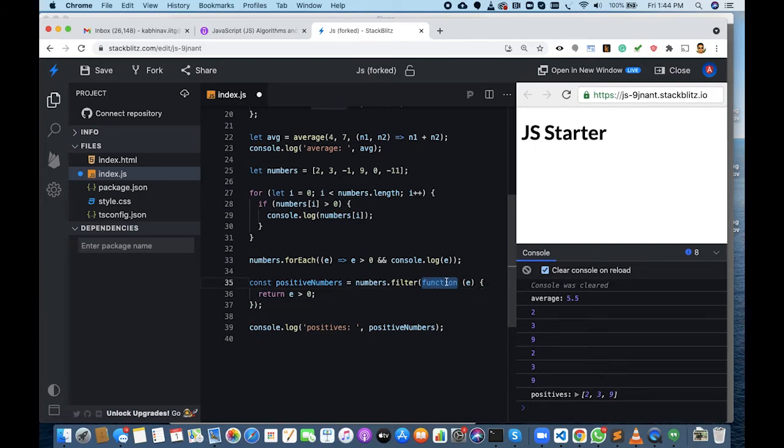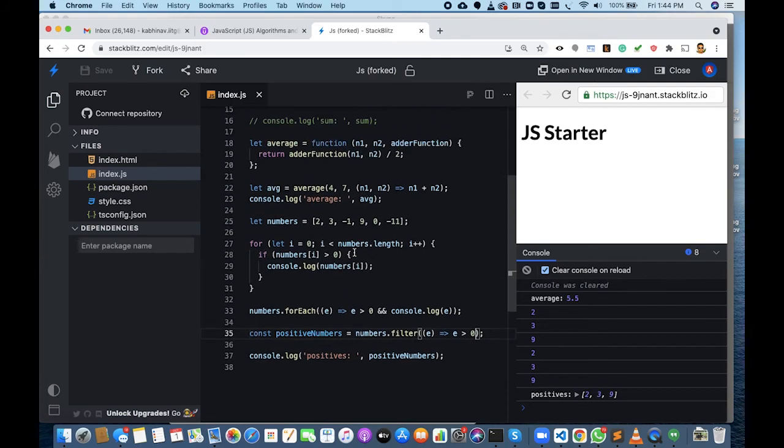And you know the further shortcut for this, we just have to write this one, and since there is just one line, I'll omit the brackets and the return statement and this closing one. So still we get the same results, right? I hope you got something about functions from this video.